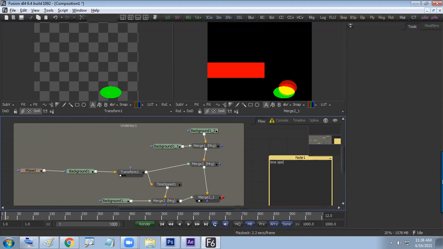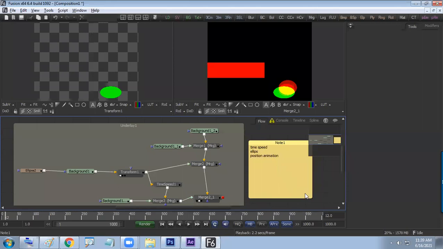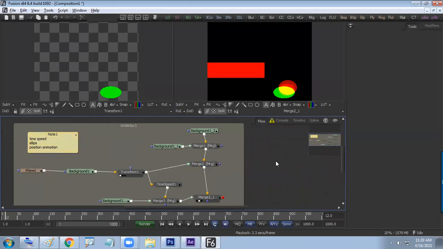Time spread, ellipse, position movement. So three new things we have learned. Right.